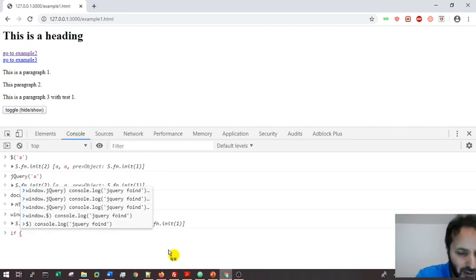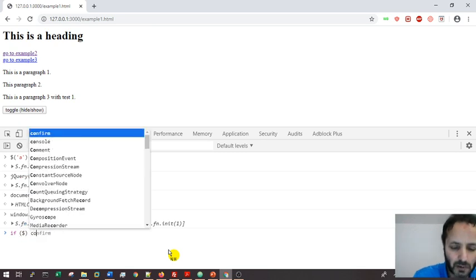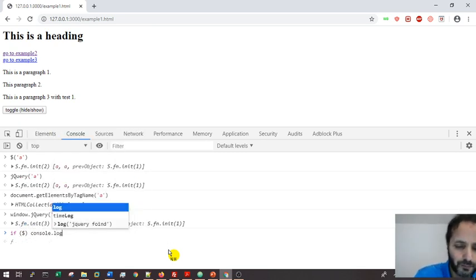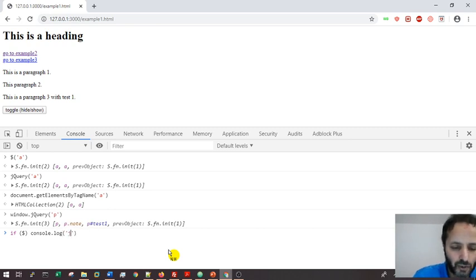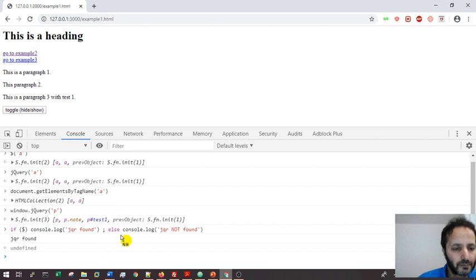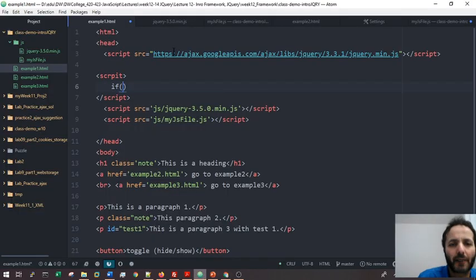Remember, guys, if $, console.log, let's say jQuery found, else jQuery not found. So you see here, when I run this, yes, it's found. Why? Because it's already there. Okay. Now I'm going to use the same thing. So if $ is defined, what do I do? Sorry, if not defined,